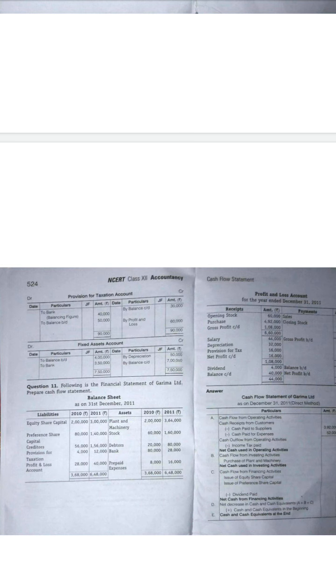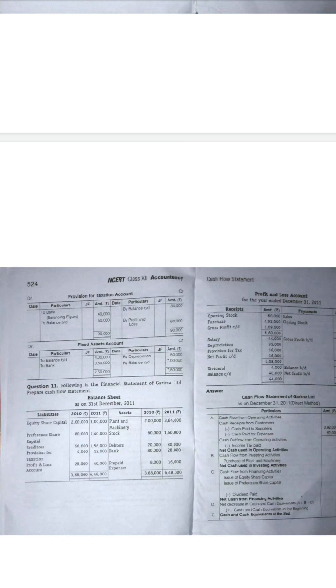From this we have to see both sides. The credit side is more, so you have to bring that to the debit side and find the balance amount. The balance amount is called the amount paid as income tax. In order to indicate that amount, they are putting it to the bank account. It indicates the balance figure of the income tax paid. So 40,000 is the amount of income tax paid. This is one of the working notes.